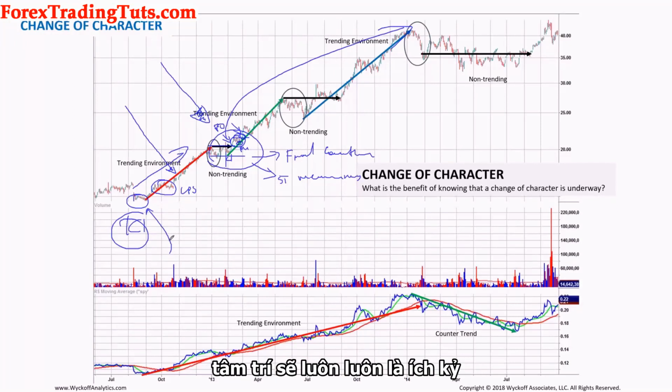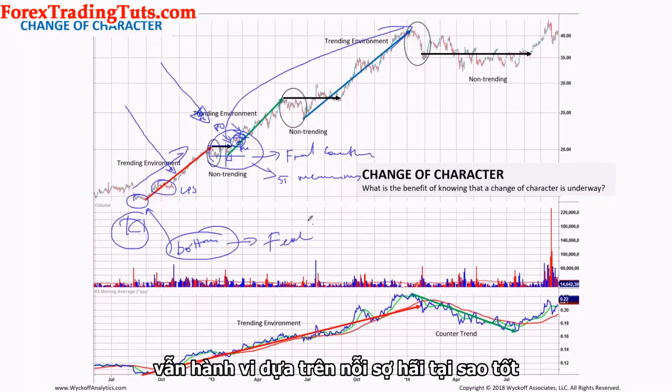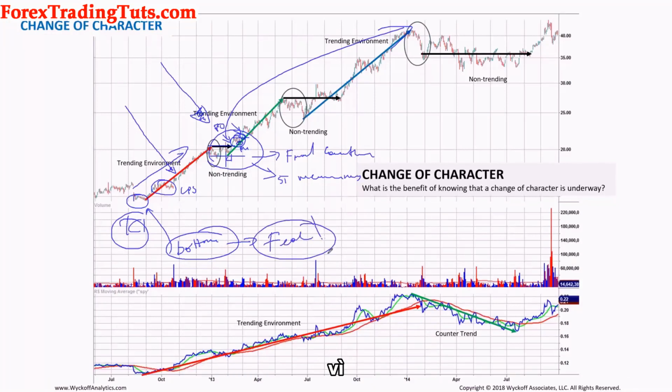Because the mind is always going to be egoic. Our minds are always going to be based on fear and greed. And here we will be thinking about greed. We would want to go in to establish the position at the bottom. But in a way, it's not even greed. It's still fear-based behavior. Why? Well, because